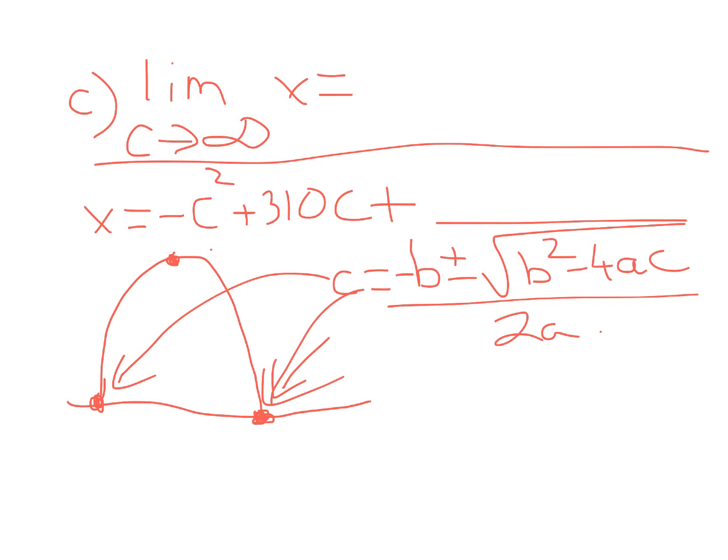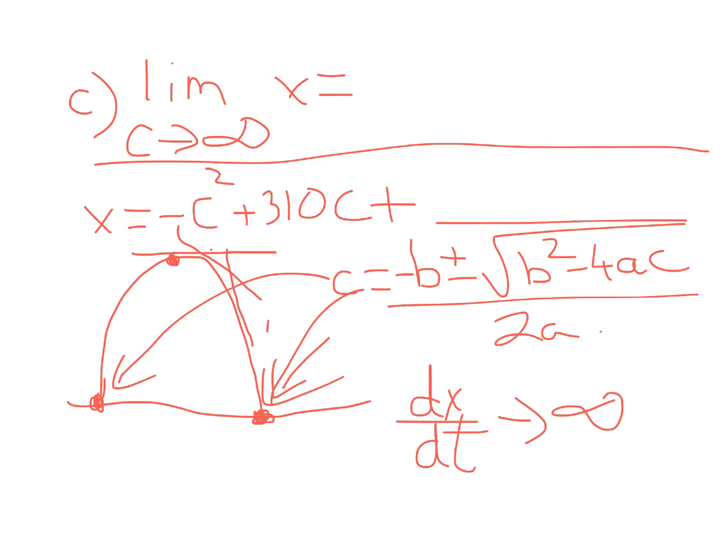The other thing that you could say is if you were looking at your derivative, dx/dt, which is the change in profit or the change in sales over time, you could show that that's going to go to infinity because like here we're at zero in terms of our slope. Here we've got a negative slope, it's going down, but here it's much more negative, and by the time we get here, it's vertical, and that's a slope of infinity, which means that our change in sales over time is like decreasing. It should be like negative infinity, sorry,